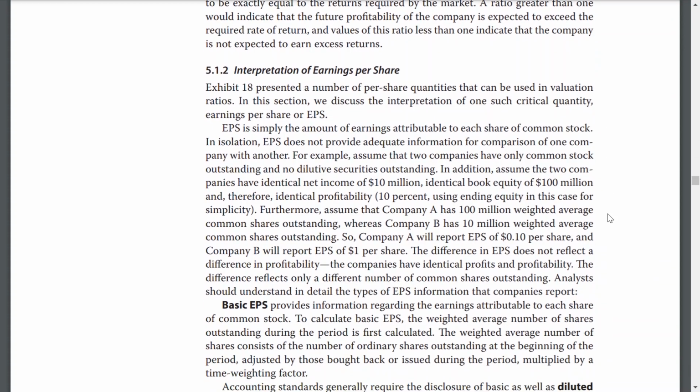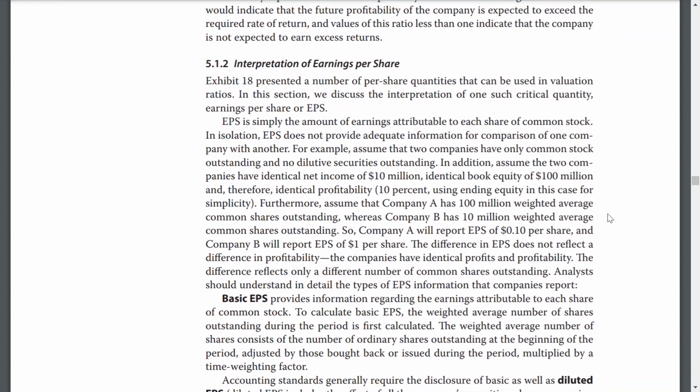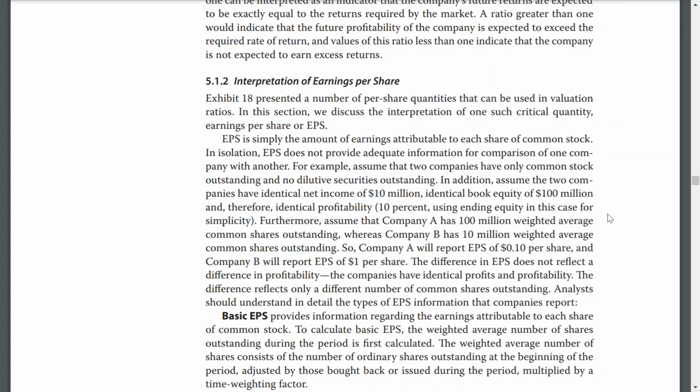Exhibit 18 presented a number of per share quantities that can be used in the valuation ratios. In this section, we discuss the interpretation of a critical quantity, earnings per share, or EPS. EPS is simply the amount of earnings attributed to each share of common stock. In isolation, EPS does not provide adequate information for the comparison of one company with another. For example, assume two companies have only common stock outstanding and no dilutive securities. In addition, assume that the two companies have identical net income of 10 million, identical book equity of 100 million, and therefore identical profitability,